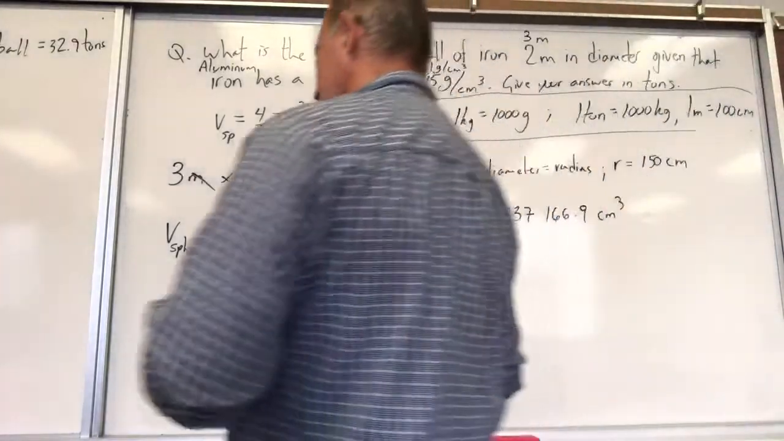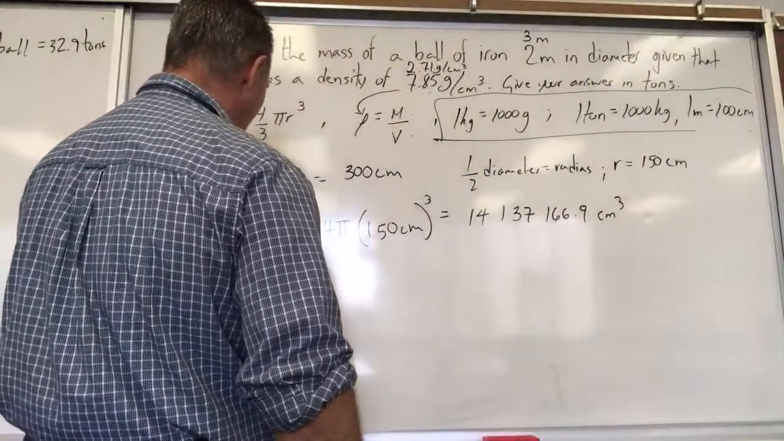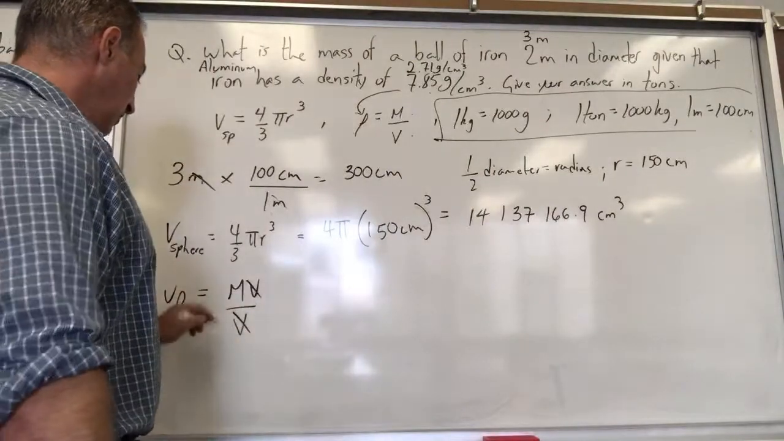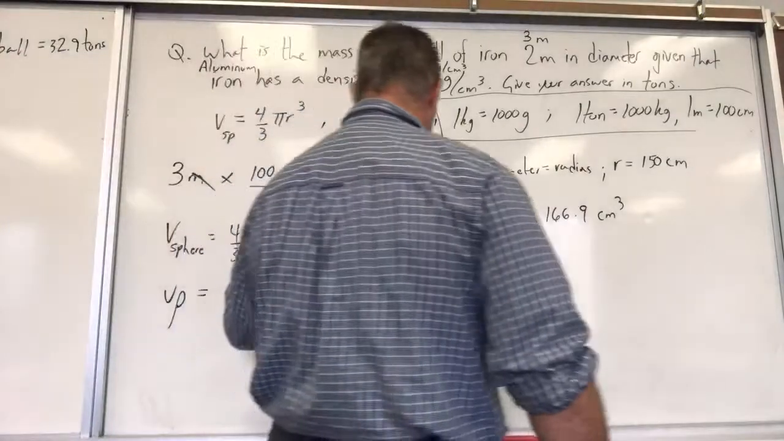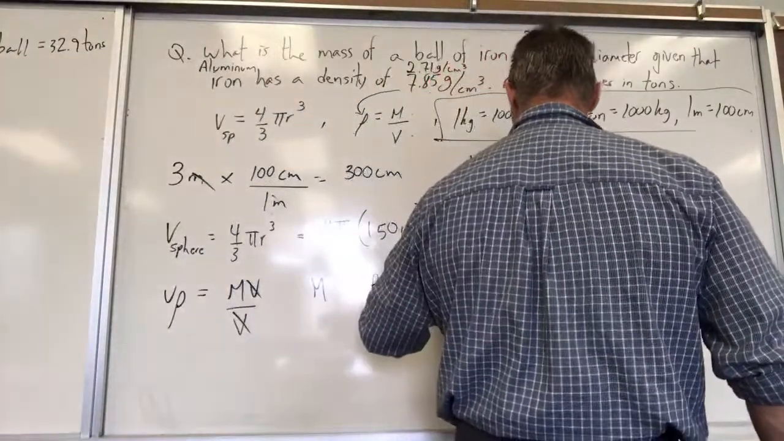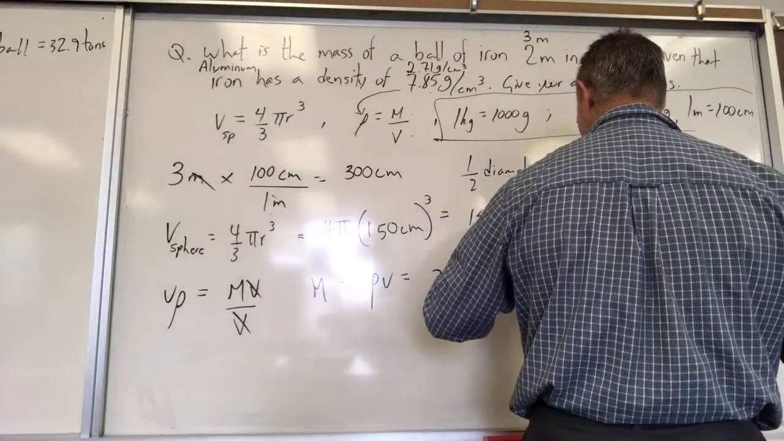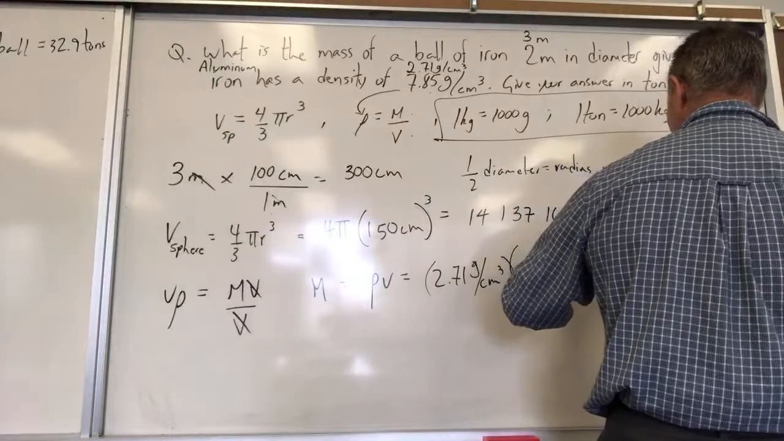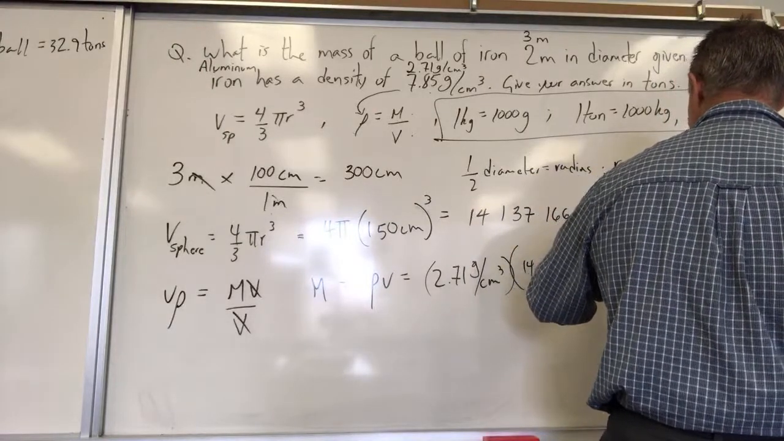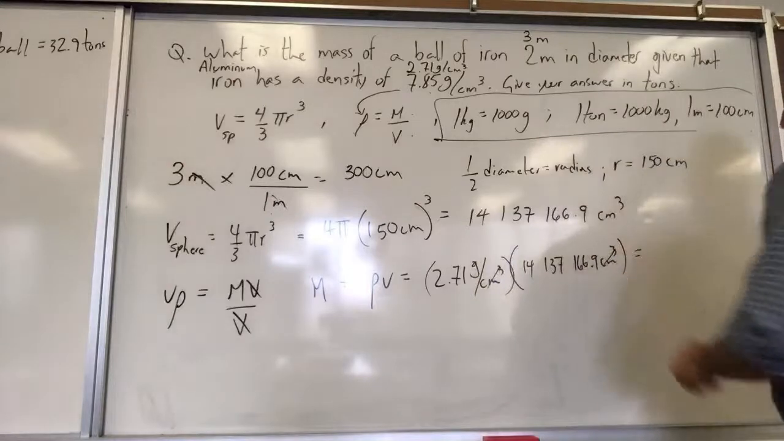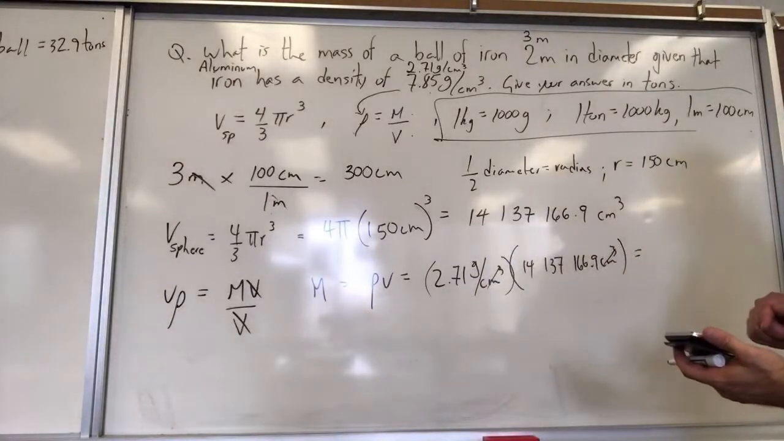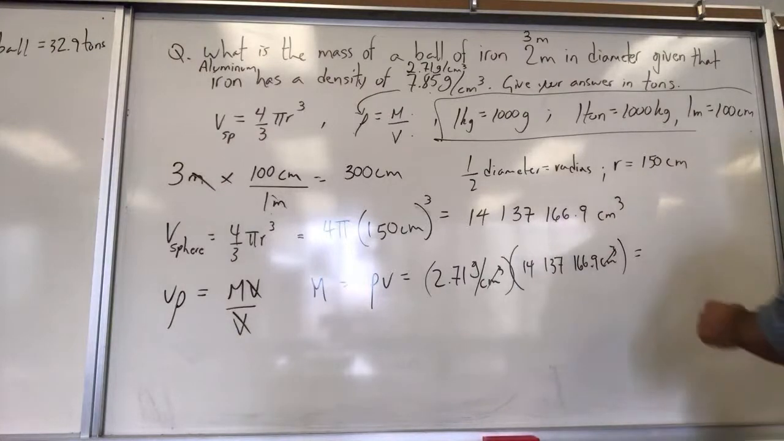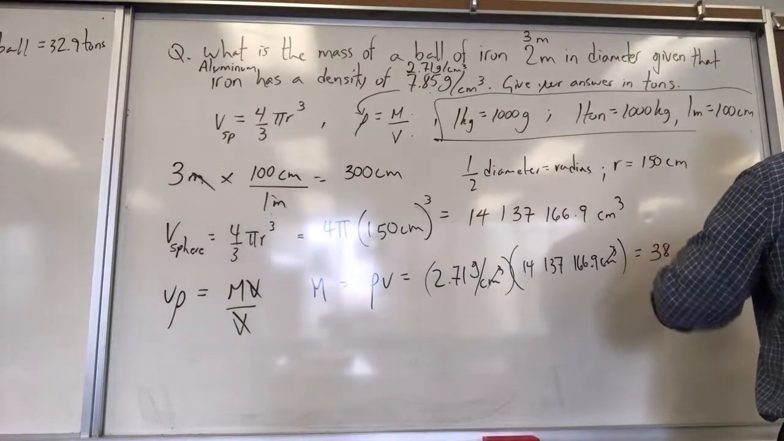Now we're going to find its mass. Since density equals mass over volume, multiply both sides by V. The V's cancel on this side, and you've isolated the mass. So mass is equal to density times volume. The density of aluminum is 2.71 grams per centimeter cubed, and the volume is 14,137,166.9 centimeters cubed. Centimeters cubed is going to cancel, so your answer is going to be in grams. So multiply the number that is still in my calculator by 2.71, and it gives me the weight of the aluminum ball, 3 meters across,